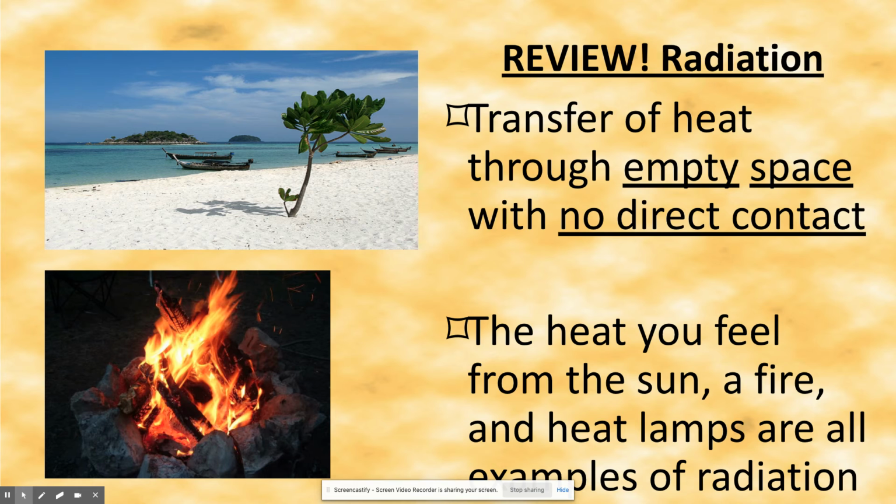So radiation is the transfer of heat through empty space with no direct contact. The sun doesn't come to us and touch us and heat up our earth. The light from the sun, the heat energy from the sun travels 93 million miles to come to the earth and then heat up the surface of the earth. It also heats up our atmosphere. All right. And you've all walked on really hot blacktop, right, in the summertime. So you know, if you've ever done that, or really hot sand after the sun has been heating it up, ouch,